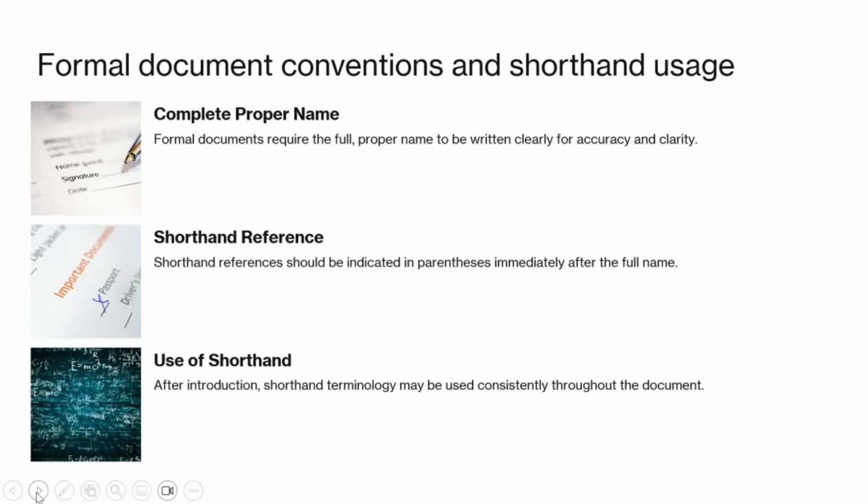And so the first introduction you would include, if you're writing about the law in a motion or in an essay, whatever it is, you can use the shorthand. The first time you use the complete proper name, for example, Uniform Commercial Code, then you can, in parentheses, put the UCC, and then from there on after, typically you can stay on just UCC. But that's just a formality of writing.